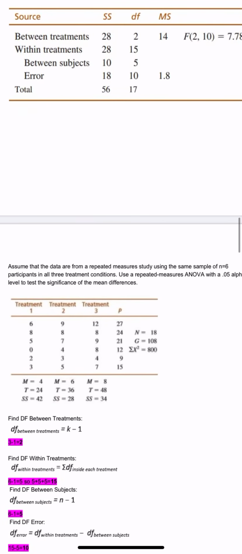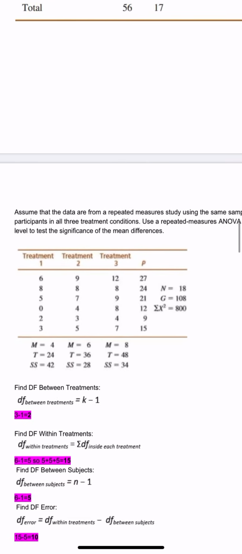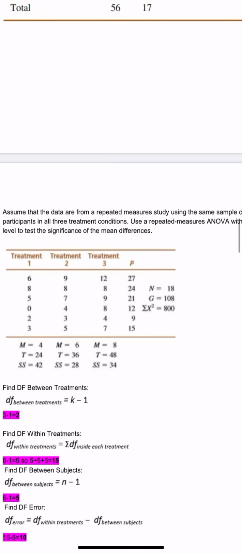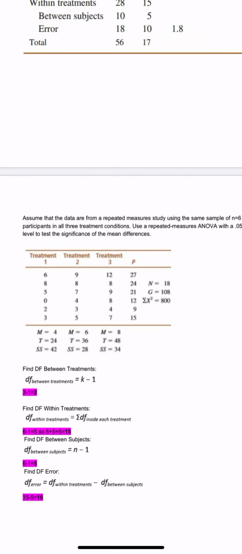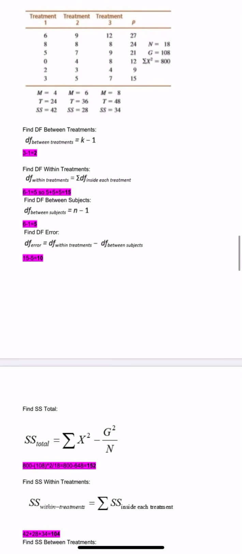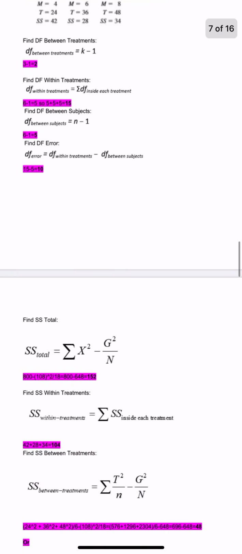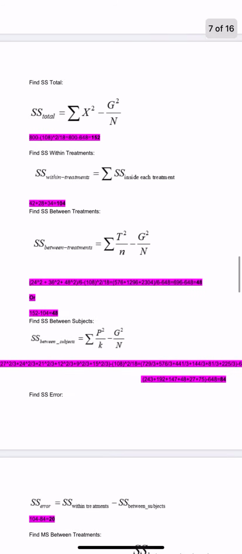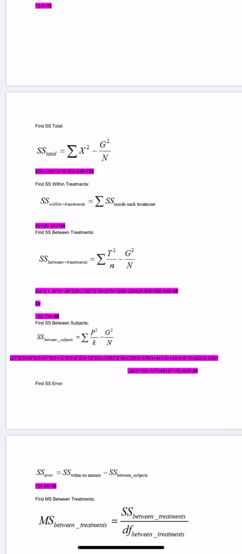All right, so for this question, it's the same thing. It's all the same steps, right? We just went over what all these values mean. Now you just got different values. So I'm not going to go over those because it's the same steps, just using the numbers that are given here. But I will go over finding SS between